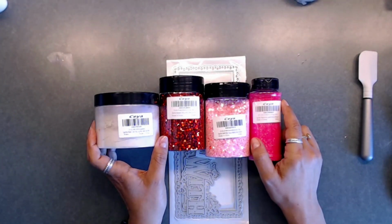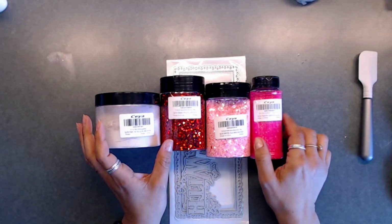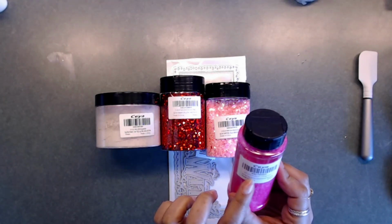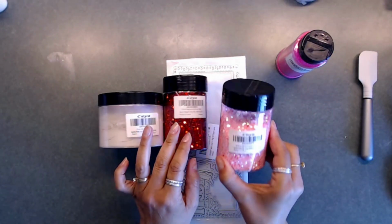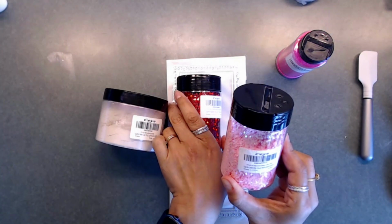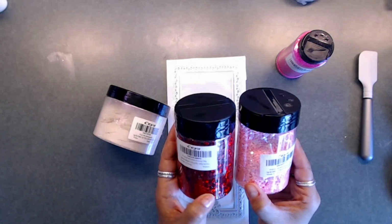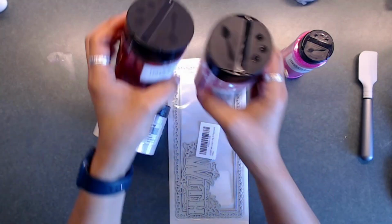Okay, you guys, are you ready to get started on this? So we're going to be doing a slimline card, and we're going to be using the Ceya Ultra Fine glitter. It is the pink glitter, okay? And then we're going to be using the Star Confetti glitter, and that is in pink, and then the red holographic heart glitter, okay? And we're going to be combining these together for a shaker, so that's going to be